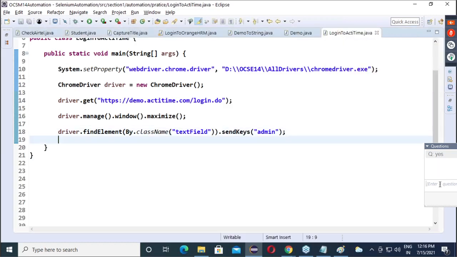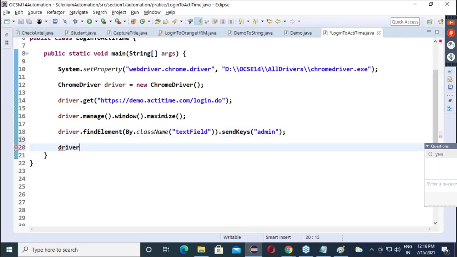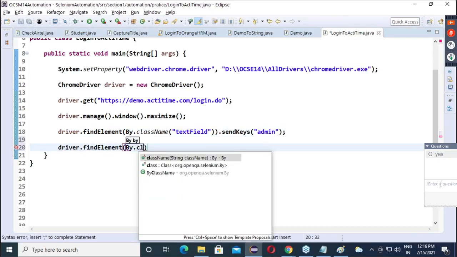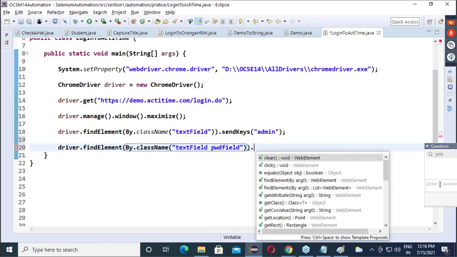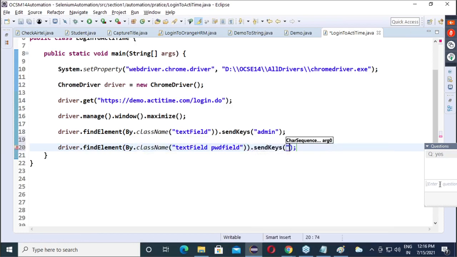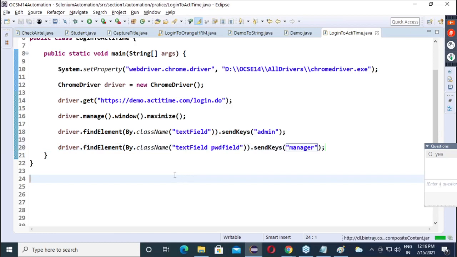Now driver dot find element by dot class name. This is the class name, dot send keys of manager. Now let's cross check working or not.